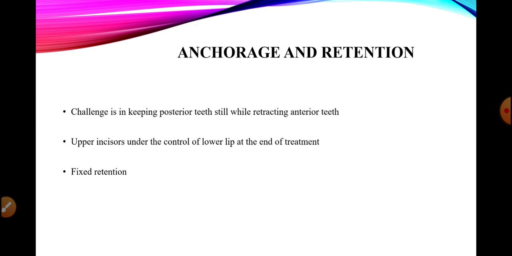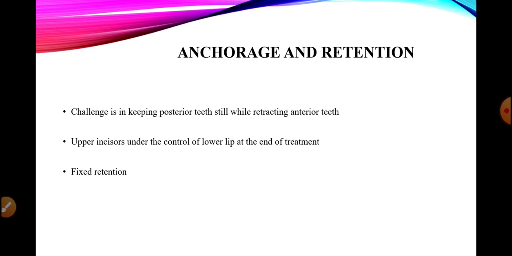And if the discrepancy is not so severe that it needs to be managed in terms of skeleton, then we'll be addressing only the dental relationships in orthodontic camouflage, in which the upper incisors are retroclined or uprighted, or the lower incisors are proclined. We may be going for distalizations, we may be going for extractions. If extractions are needed in the upper fours, or in case of crowding in the mandibular arch, then we'll be going for upper fours, lower fives.